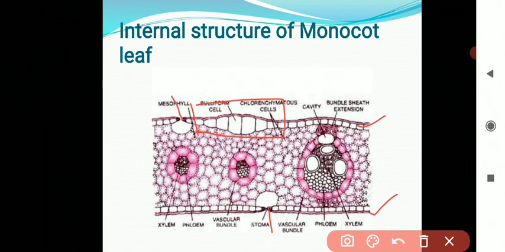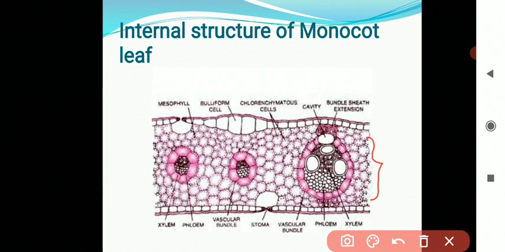Now the next part, that is mesophyll tissue, the tissue present in between upper and lower epidermis. It is called as a mesophyll tissue. As the monocot leaf is isobilateral, the mesophyll is not differentiated into palisade and spongy tissue. Here we can see one type of cells. That's why we call it isobilateral. The spongy tissue cells are isodiametric and chlorophyllous cells. Large intercellular spaces are present among the cells, and mesophyll performs the function of gaseous exchange